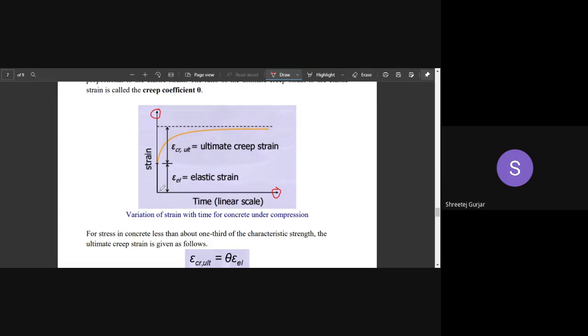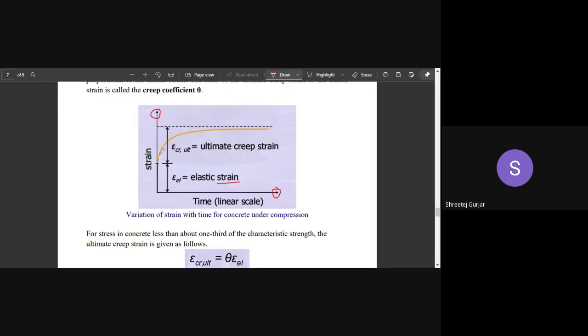As time passes, we can see that there is some amount of elastic strain which is already present, and this elastic strain, as it says, is recoverable. It is recoverable once you unload the structure. That strain which is caused is regained, it becomes zero, so it is recoverable. So it is elastic strain. But after a certain amount of time, there is permanent, or inelastic, strain occurring. This is inelastic strain, which is not recoverable.